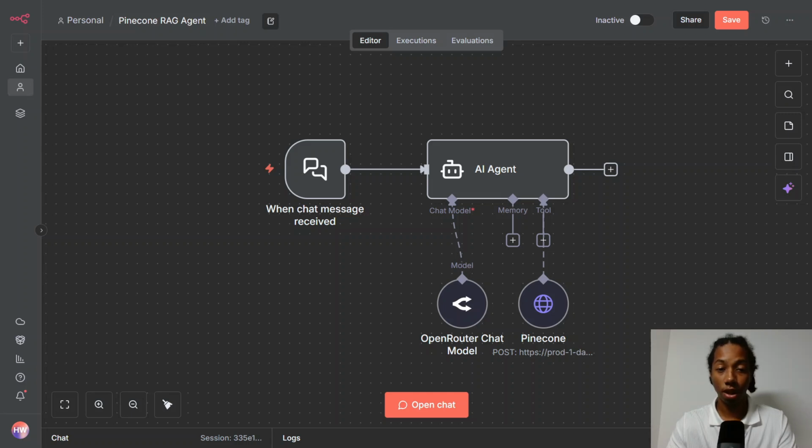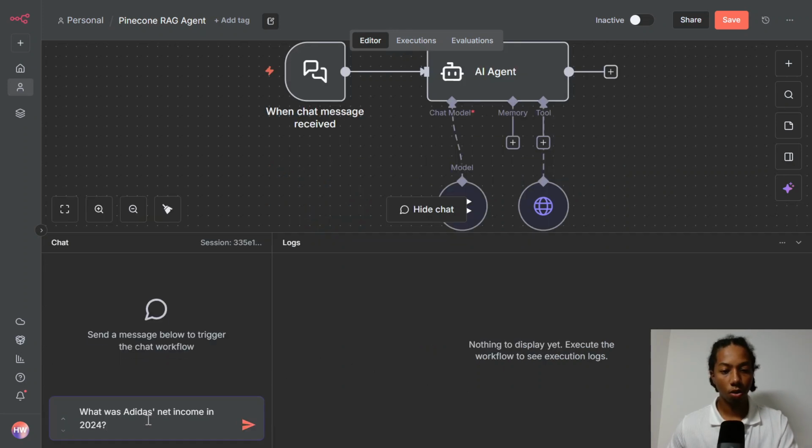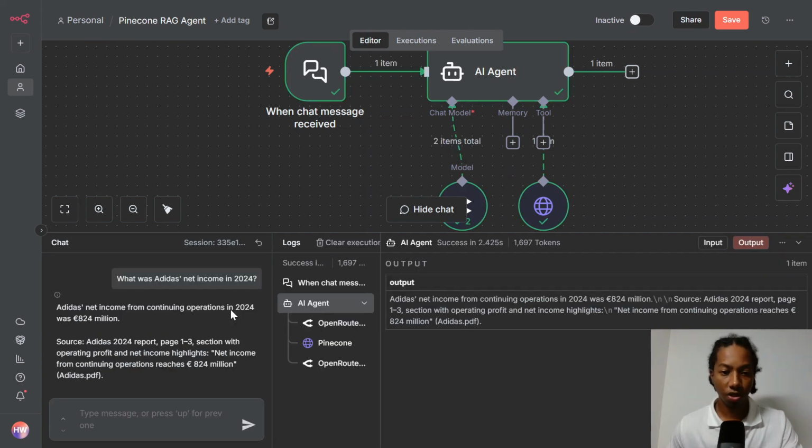So this is the simplest RAG agent that only took me around 10 minutes to build. I'm going to give a quick demo and open the chat here. I'm going to quickly ask what was Adidas's net income in 2024, and we're going to hit run. You can see here that we've received our answer, which is 824 million euros, as well as our source